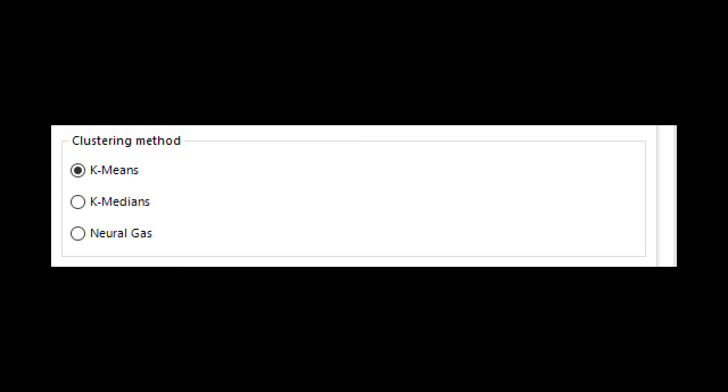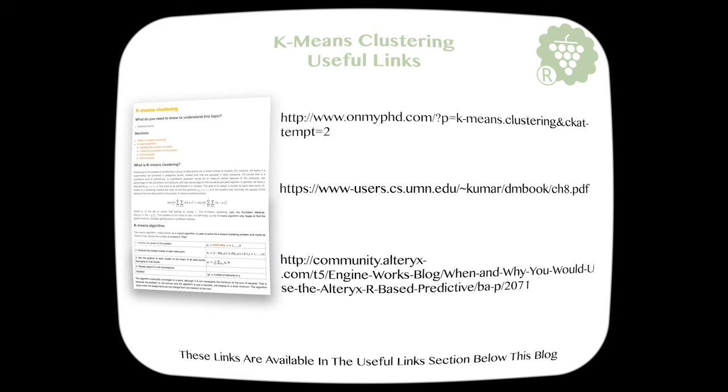more compact clusters. And in the case of neural gas, this is a generalization of the k-means algorithm, where vectors are assigned to multiple classes with a weighting, as opposed to the k-means algorithm, where every class has its mean vector. Now, don't worry too much about this, but if you want to know more about these different algorithms, then there are plenty of resources on the web dedicated to this. In our example today, we will be using k-means clustering. You will see some useful links around the subject of k-means clustering on screen now and in this blog below